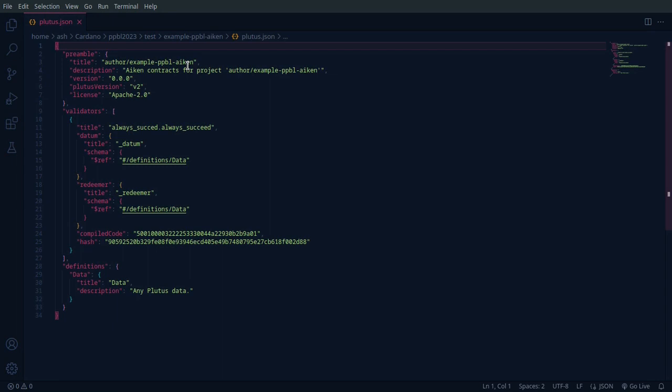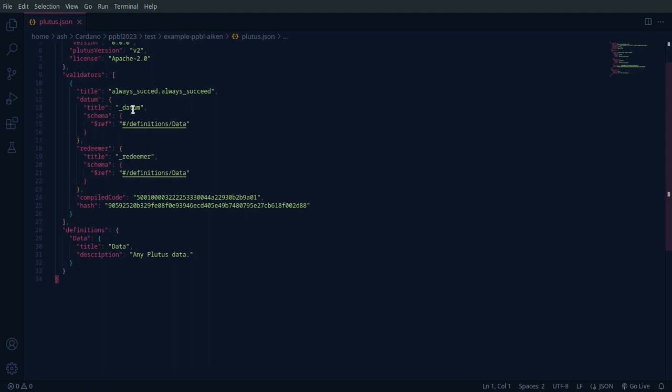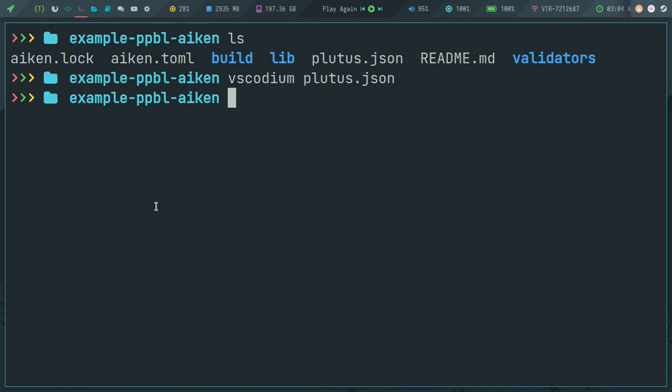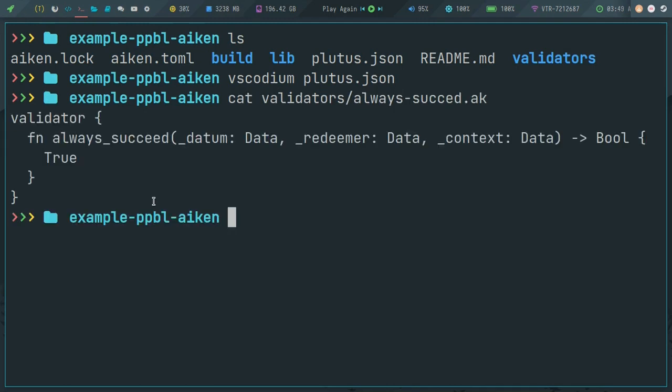validator that basically says: create a function that is named always_succeed with 3 arguments. The first one is the datum that is of type data, the second the redeemer that is type data, and the script context that is type data, and return a boolean value, in this case the true one, and it has some important curly braces here. If we press Ctrl O and save it